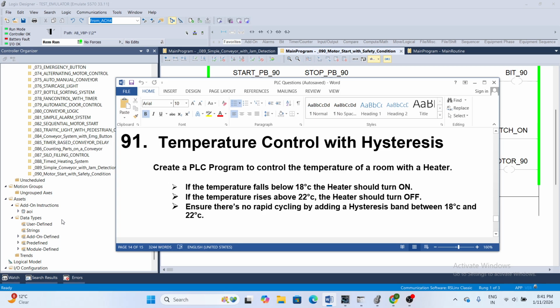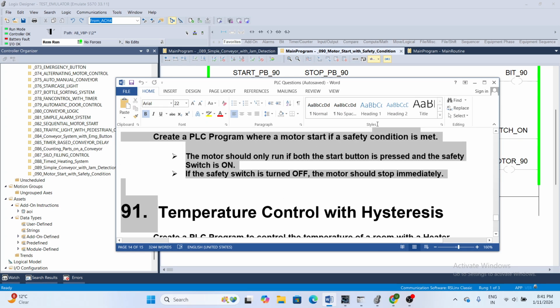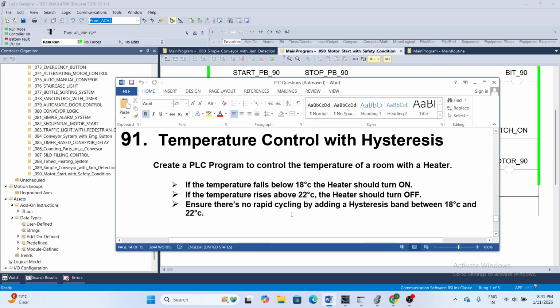The title name is temperature control with hysteresis. Understand what I want to say to you.